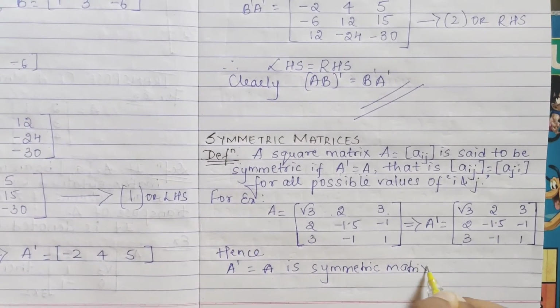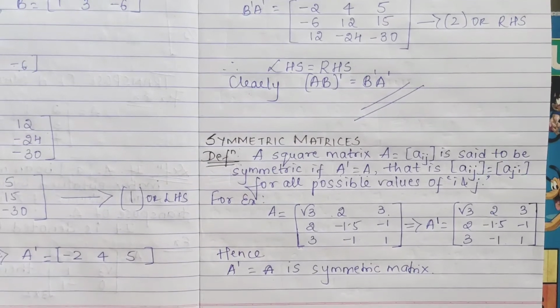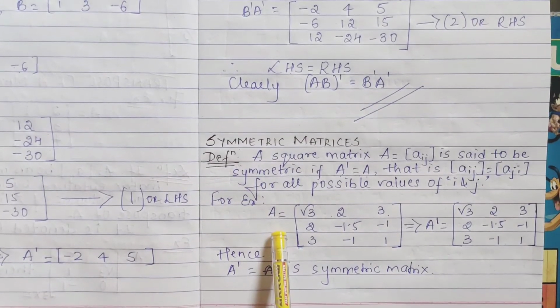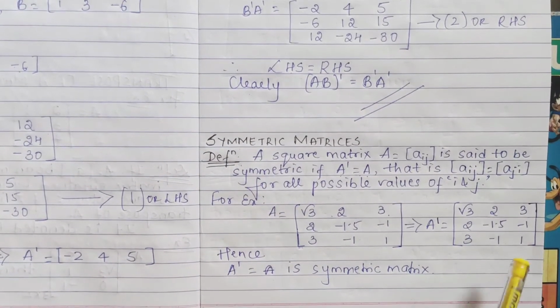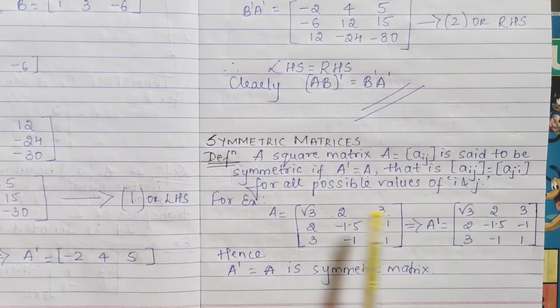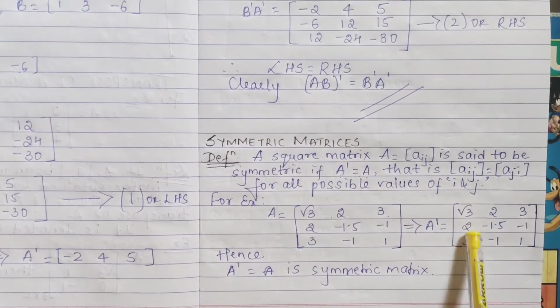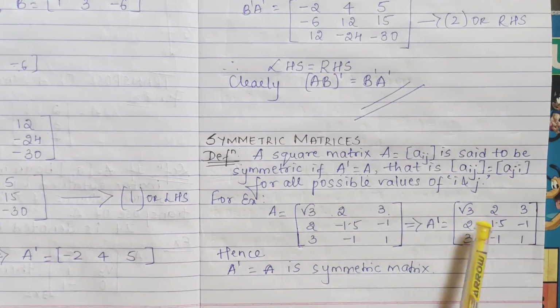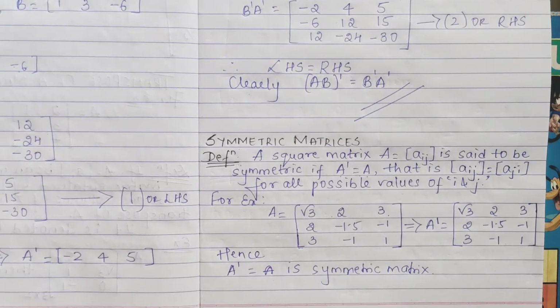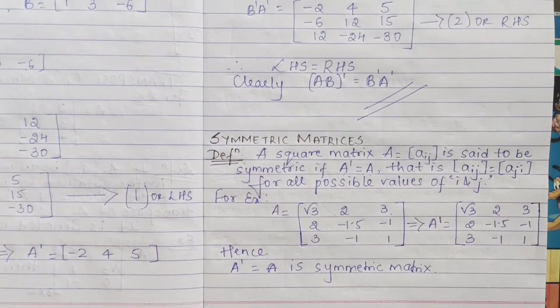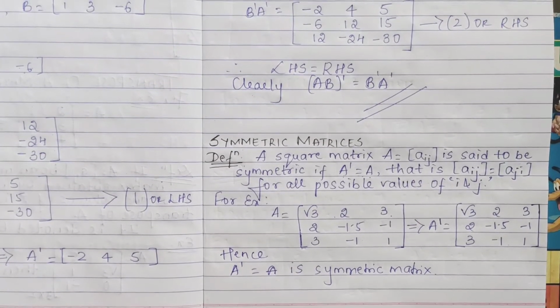Understood? What do you mean by symmetric matrix? Your given matrix, finding its transpose, you will get the same. See, the elements have not changed. Your row you have converted to column, or column written in a row, similarly you are getting it equal. Okay. Just pause the video and note everything down properly.